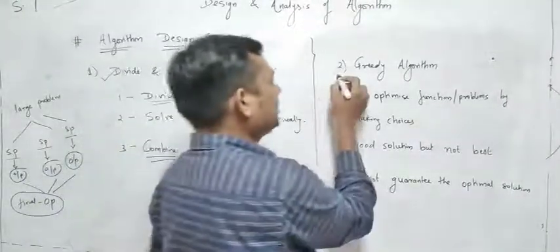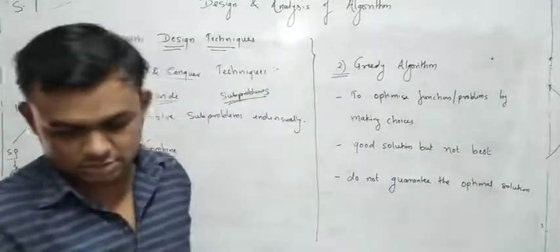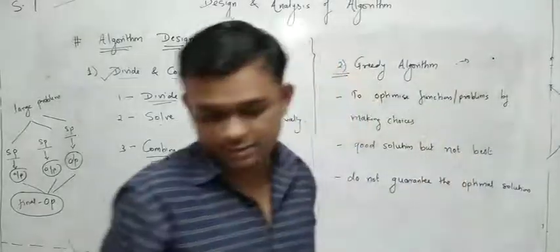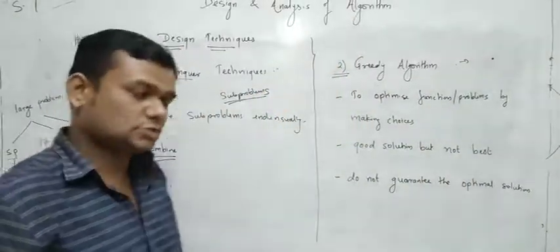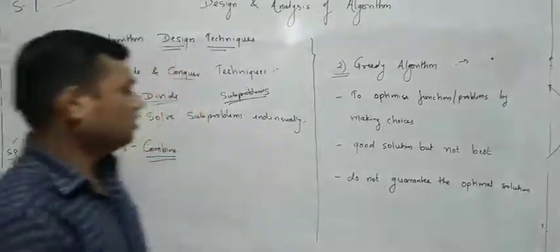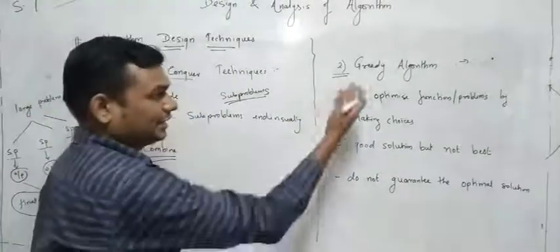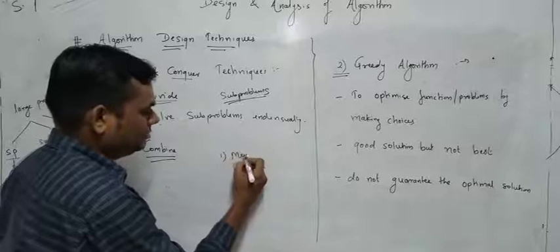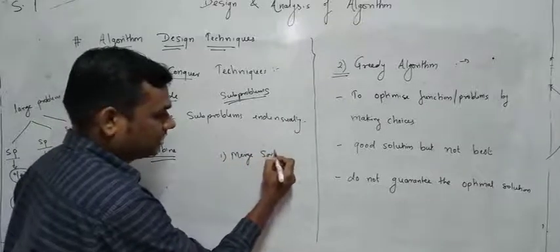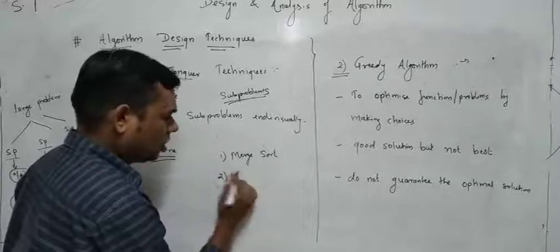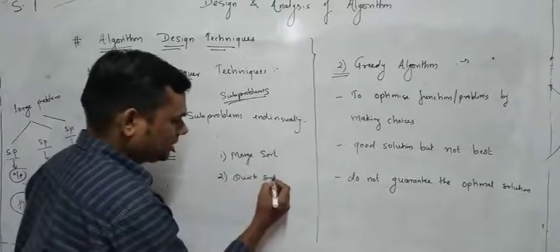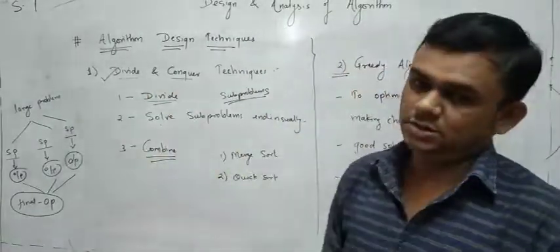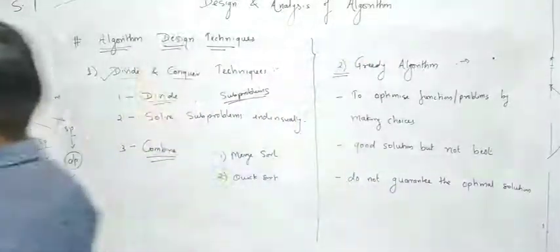After that, we see the details of greedy algorithm. This is also the second technique, and by using that second technique, we also solve a number of algorithms. Before explaining the greedy approach, the examples of divide and conquer, which we will see in the next lecture in the next unit, are merge sort, the next one is quick sort, etc. There are lots of sorting techniques. Those are solved by using the divide and conquer algorithm technique.